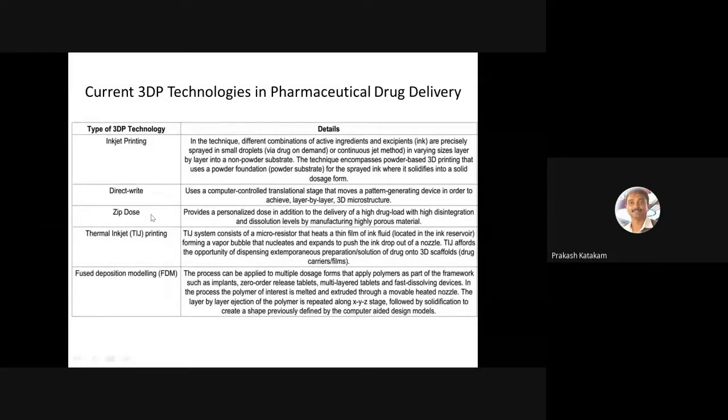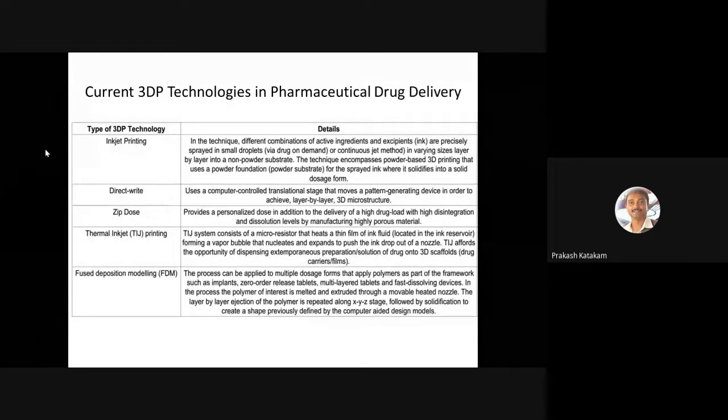Zip dose technology is a patented technology. It looks similar to inkjet printing, but zip dose contains large doses of drug that can be printed. It has been pioneered by Aprecia Pharmaceuticals. They kept the name as zip dose technology.